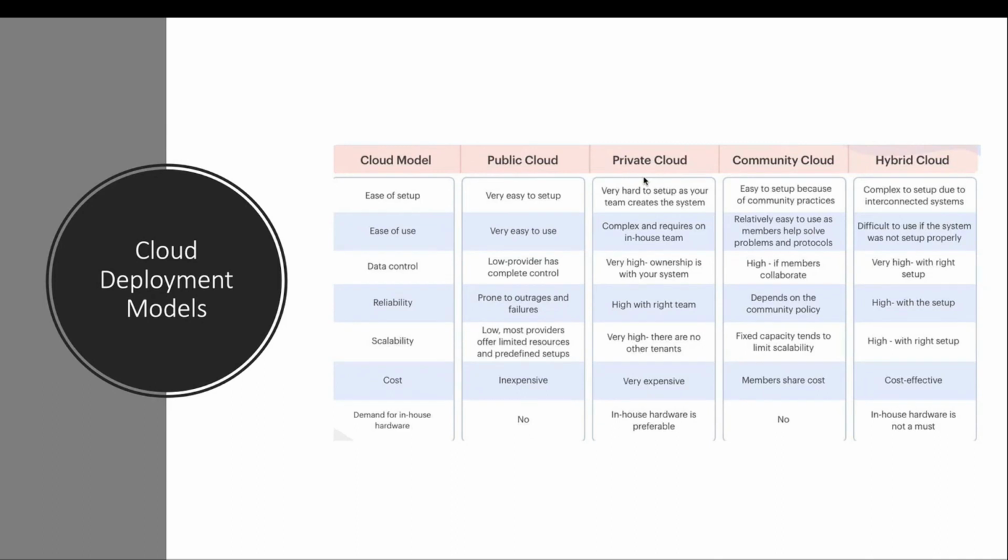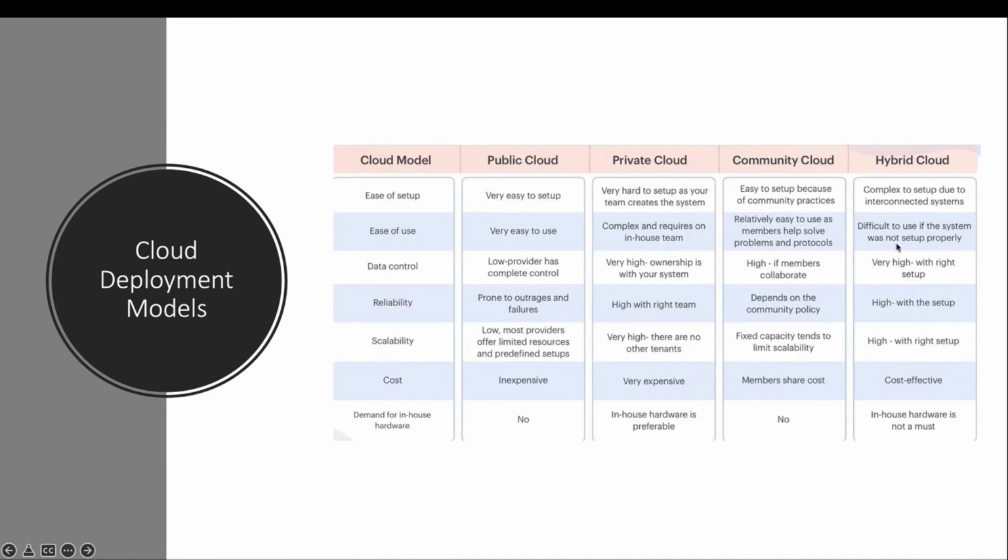Then you have another type of cloud, which is not mentioned here, called as multi-cloud. Now, multi-cloud is similar to hybrid cloud, except one difference. And that difference is in multi-cloud, you need to have at least two public cloud connected together. You can have Azure, AWS, and on-premise. Hybrid cloud, one public cloud and one private cloud is fine. Ease of use, very easy to use, obviously. Community, relatively easy as compared to private. Hybrid, difficult to use if the systems are not configured and set up properly.